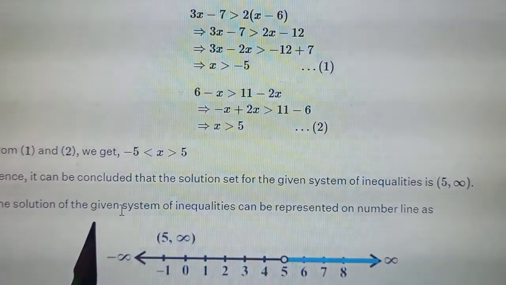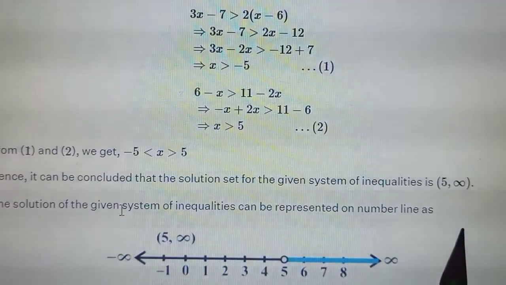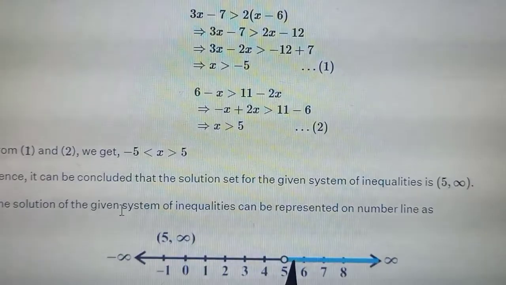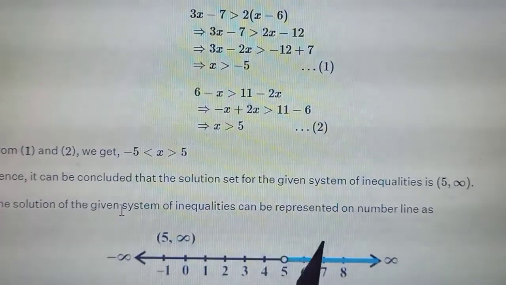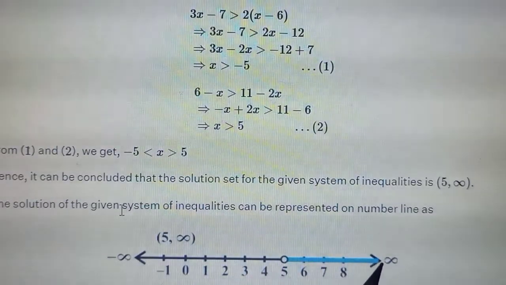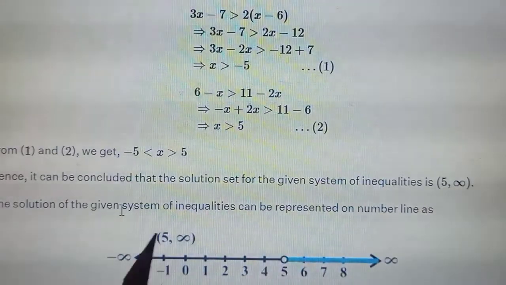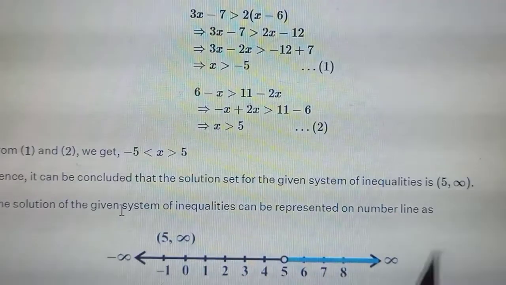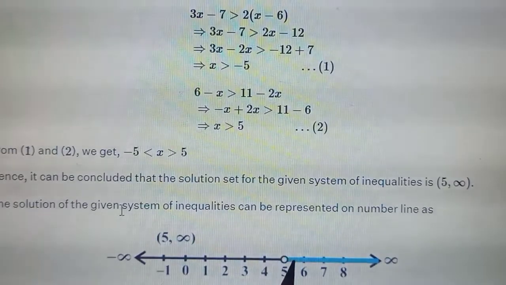So the first shading is from here to here, then the next from here to here. So which one is common? The common is this whole region above 5. Okay, so any x which is greater than 5 is definitely greater than -5, and this is not a bounded set again. Okay, this is an infinite set, see, it's going up to infinity. So your final solution would be from 5 to infinity, as both shadings are included in it. This was the portion of the first one up to infinity, this up to infinity, so common is from this. So the intersection of both is 5 to infinity, right.